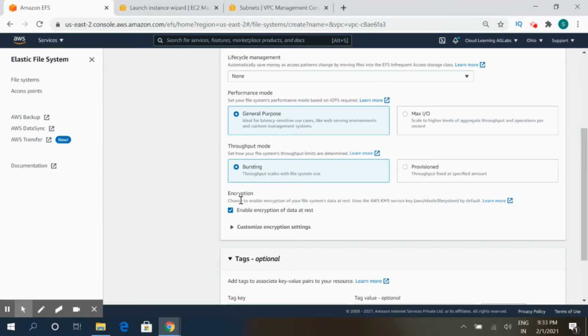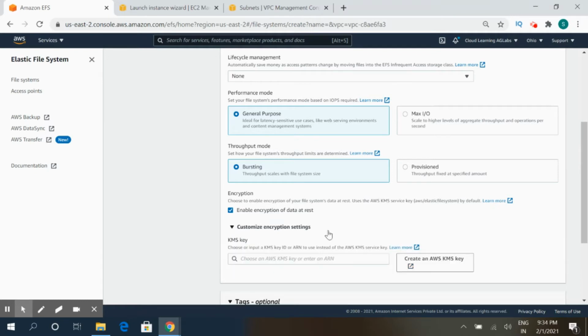Then you need to have some encryption enabled so that your data security is there. So that is being provided. Either you can use the AWS managed keys, or you can create your own custom keys also. Here you have to provide the custom keys which you will be creating, or otherwise it will automatically take the default one.